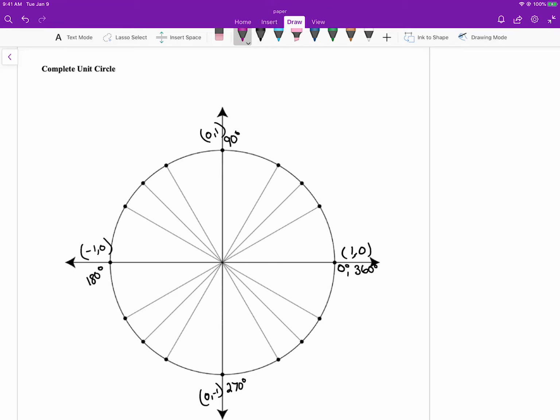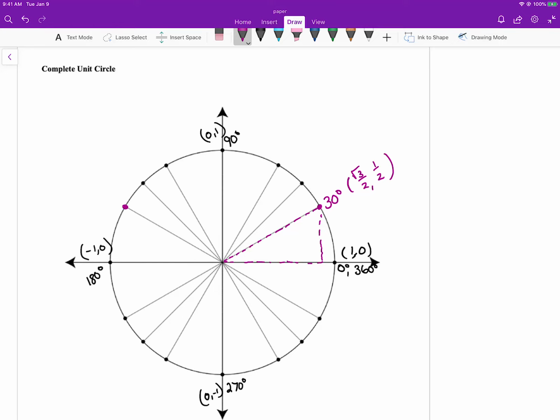Now I'm going to start with the 30-degree angles. So this was 30 degrees because that was my kind of dotted in here. That was the triangle. That 30, 60, 90 triangle, and we labeled it with a 30 degrees. And we found with special right triangles, the coordinates of this point would be √3/2, comma 1/2. And now I'm thinking what I know about reflections. If I reflect that point over the y-axis,